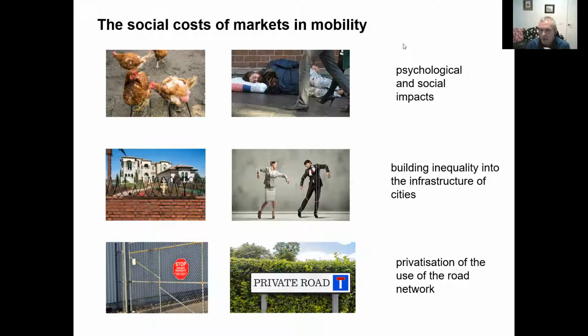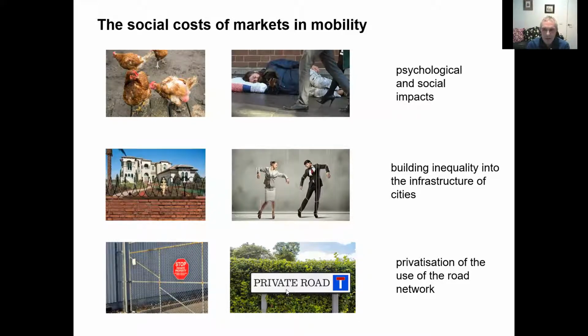And we think that these costs are going to be particularly high under the scenario that we're considering. The three sorts of costs that we have identified as being particularly important, and also ones that we think should be of primary concern to policymakers, will vary depending on whether they are visible to road users or whether they're invisible.